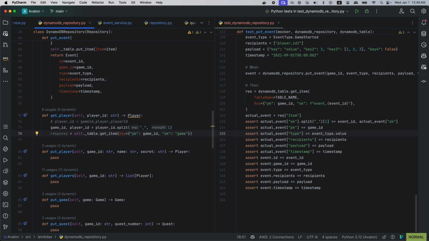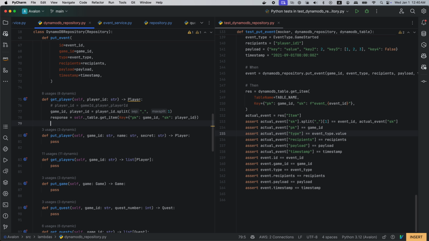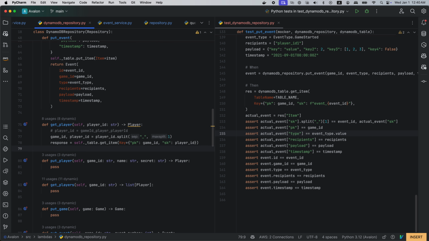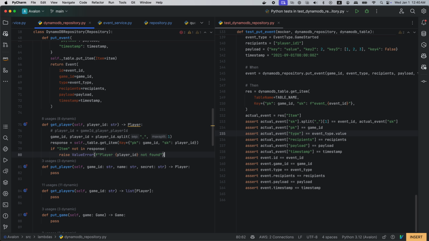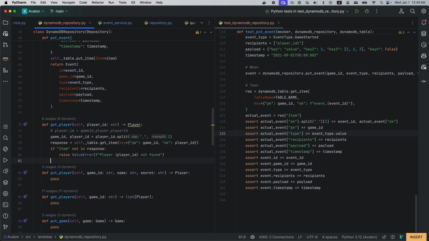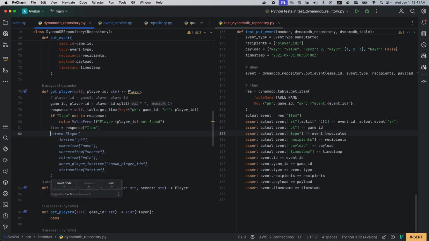So response, game ID, sk is player ID. Okay, so we'll have to do something like item, the player ID.